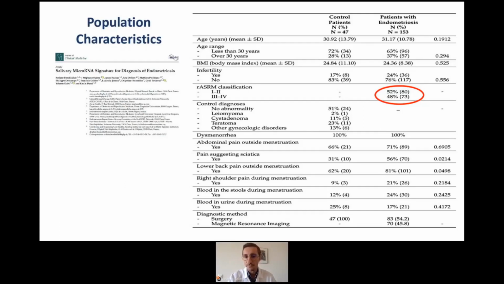During the trial, about half of the patients showed stage 1 and 2 disease, and the other half stage 3 and 4 disease. This is a major breakthrough for patient treatment because, as we know, catching the disease earlier will allow patients to have better quality of life through earlier treatment, but also it will allow